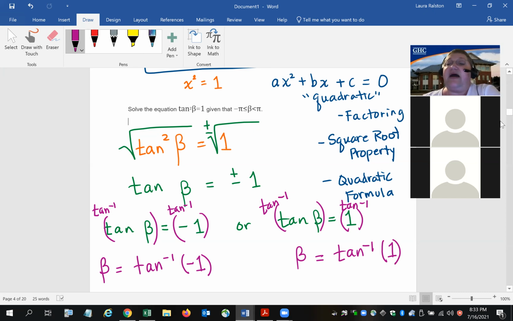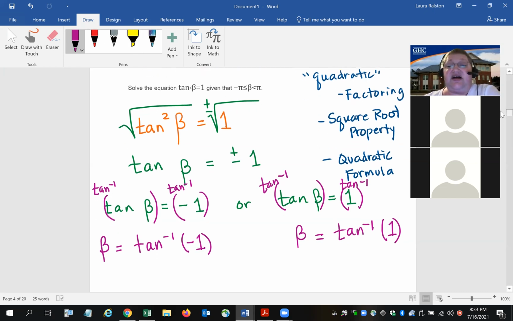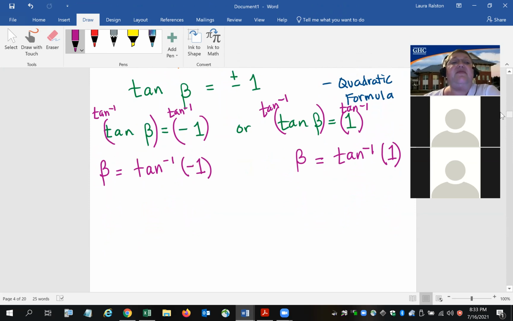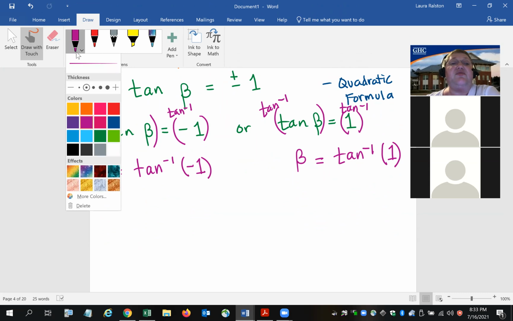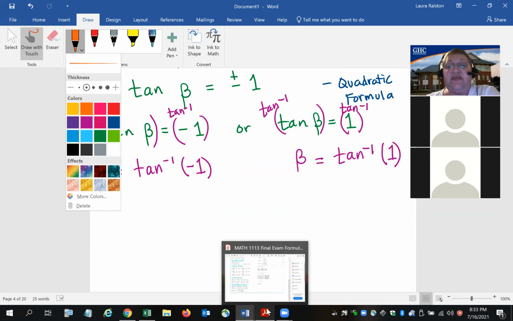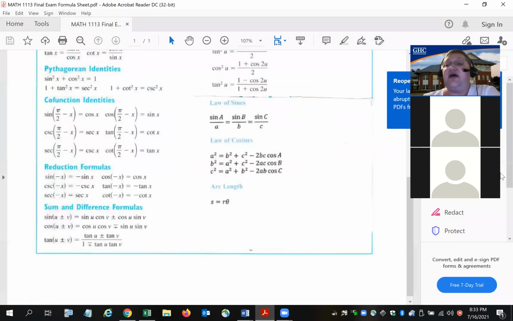When you're thinking about the arctangent function, they're really asking where on the unit circle the tangent is negative 1 and where on the unit circle the tangent is positive 1. So at that point, you may want to pull out your unit circle. There is one on the formula sheet